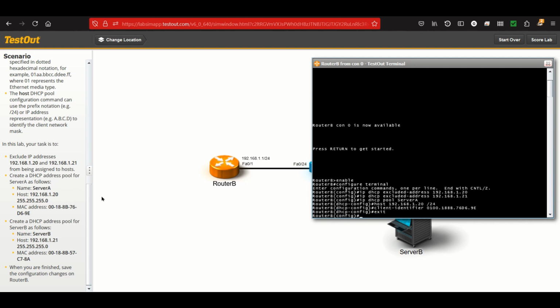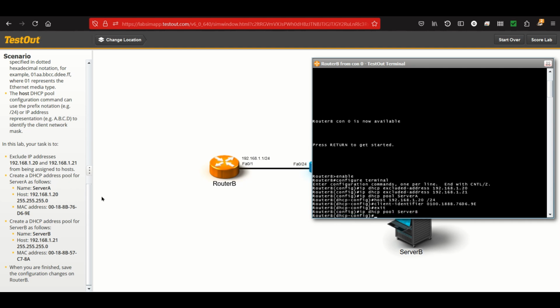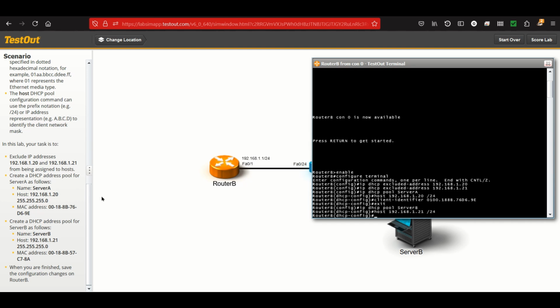And now we're going to go to server B, so we're going to go to ip dhcp pool. I want to jump into server B. Now that we're in server B's DHCP configuration, we're going to basically repeat all the steps again. So we're going to do the host at 192.168.1.21, and we'll do the client identifier at